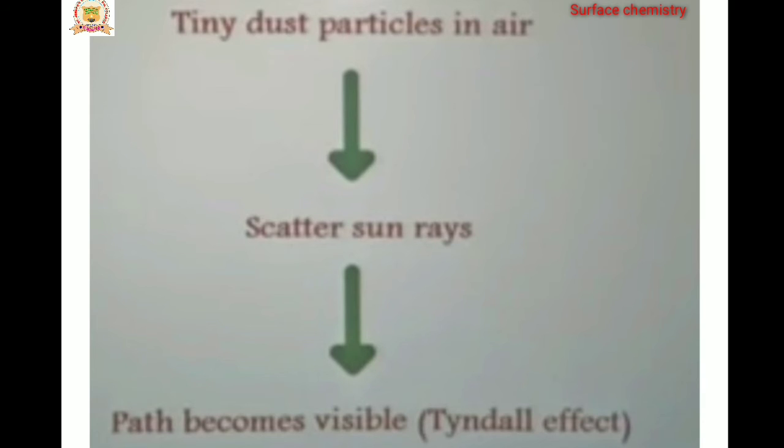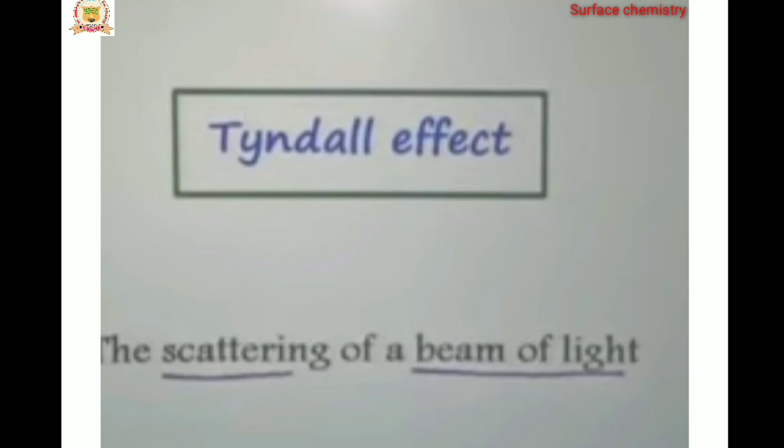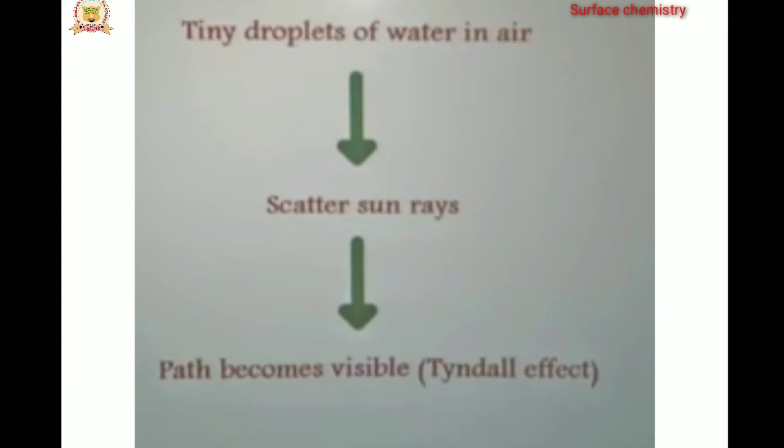Let us see how the Tyndall effect takes place. Tiny dust particles in air scatter the sun rays. When the sun rays are scattered, the path becomes visible to our eyes. That is called the Tyndall effect. The Tyndall effect is due to the scattering of a beam of light. Tiny droplets of water in the air scatter the sun rays, and the path becomes visible in the